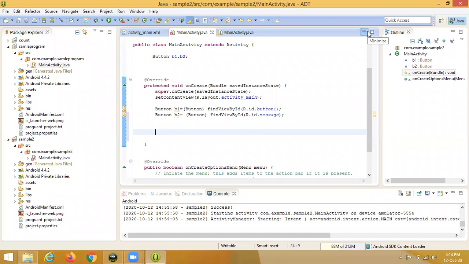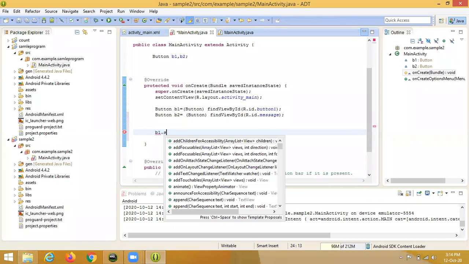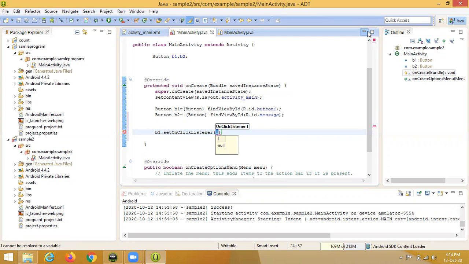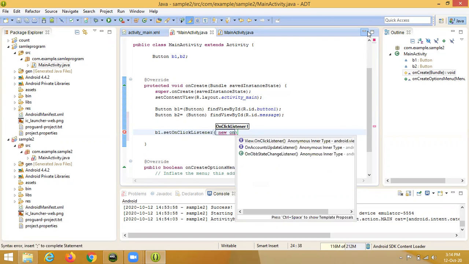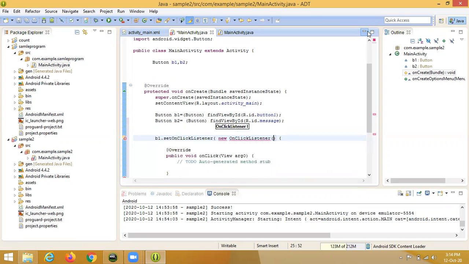Whenever we have to declare a button, next we give the main program: B1 dot set on click listener. We use the function on click listener and then new on click listener. When we type the on click listener, it gives an extra file.